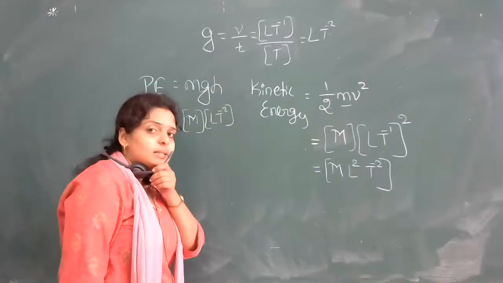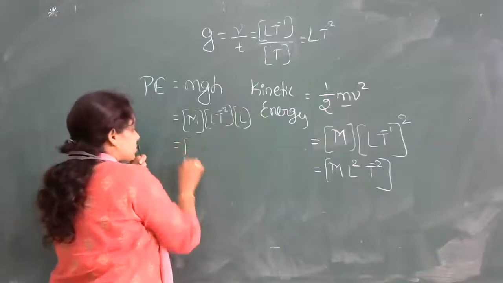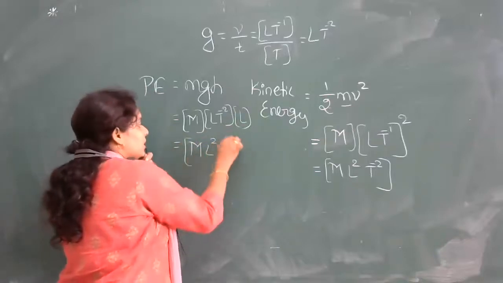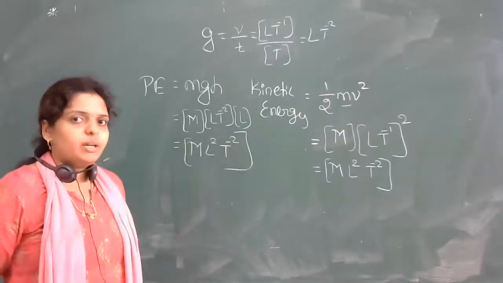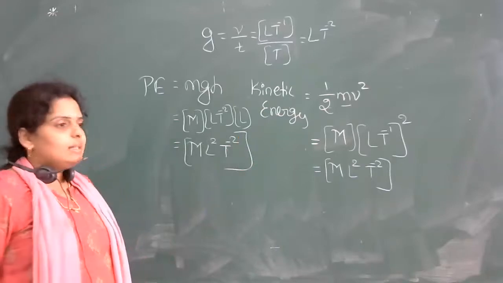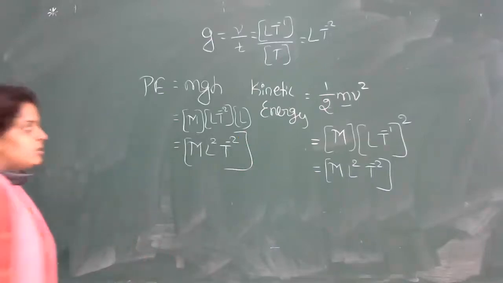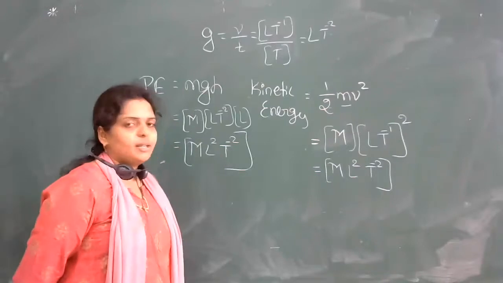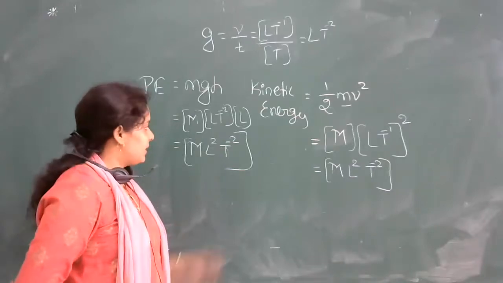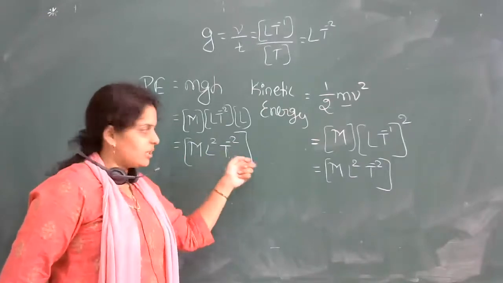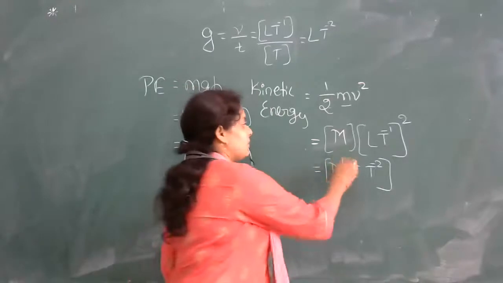h. What is h? It is a length measurement, so that is nothing but L itself. So this is equal to M L raised to 2 T raised to minus 2. Understood? I hope now you remembered how to write these dimension formulas. In the last class we have seen this, just to refresh what you have learned. But here you can observe that kinetic energy and potential energy both have the same dimension formula. Here also it is M L raised to 2 T raised to minus 2. Remember, where nothing is there, 1 will be there.